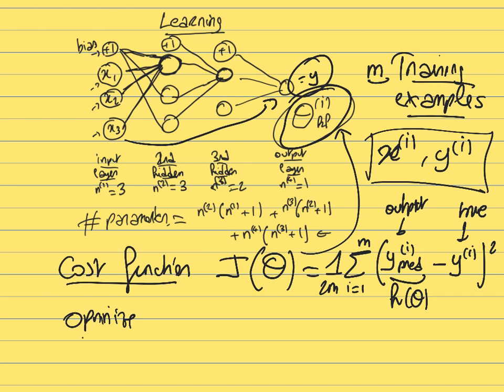So, for this, your goal will be to find the value for the coefficient theta so as to minimize the cost function. So that's what is going to be the goal. And for this, you can use the same kind of techniques as the ones we used in linear regression, for example, the conjugate gradient method, although it's going to be a little bit more complicated.